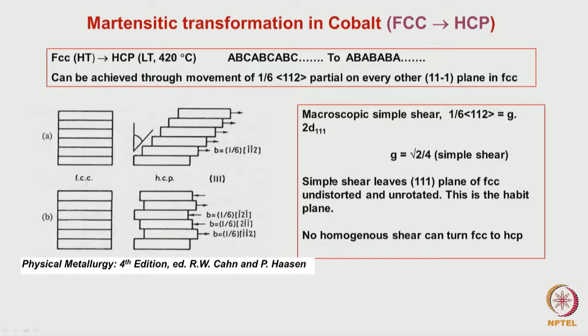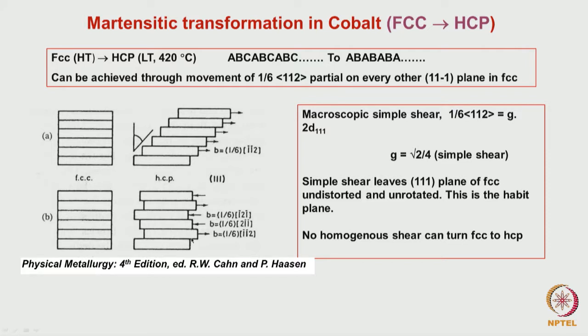Okay. Another point is the plane over which these layers, the FCC and the HCP, meet: it is along the 111 plane of FCC parallel to the 001 plane of HCP. So that becomes the habit plane. But this involves a lot of shape change. Instead, if on some layers it is in this direction,